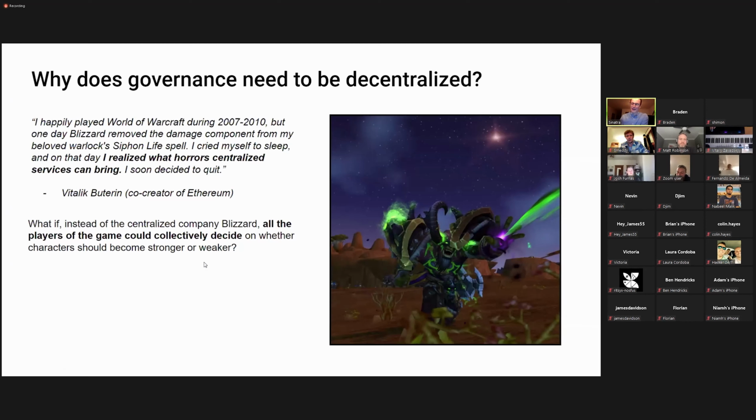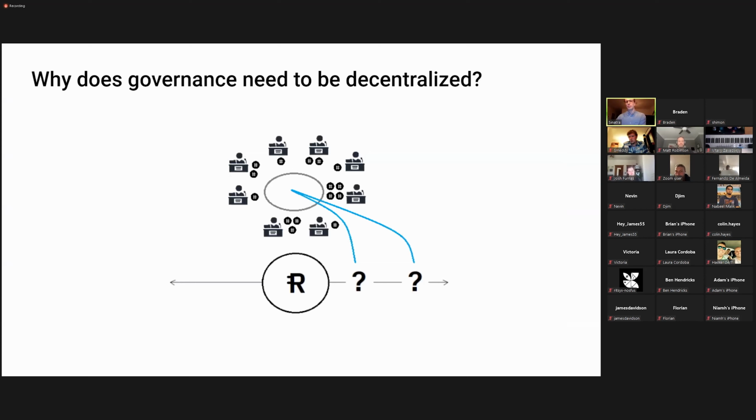And now that I was supposed to say, I don't know the answer to that, but I think Vitalik and the community, the crypto community, would probably say, yes, it would be better if the players could collectively decide on that. And so basically at Reserve, we follow this way of thinking. And so we'll end up with a system where the governance of that R token will not be centralized, but it will be decentralized. It will be a group of different